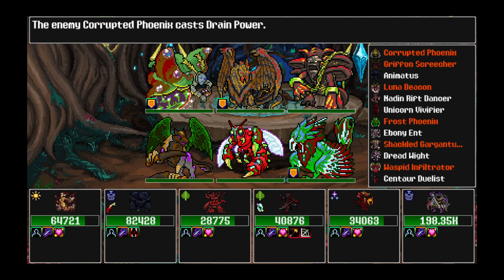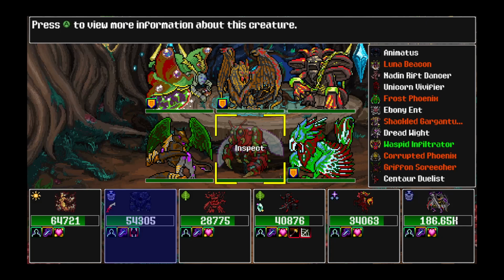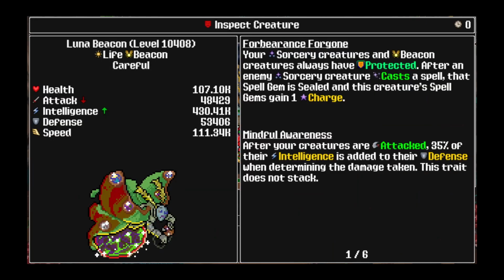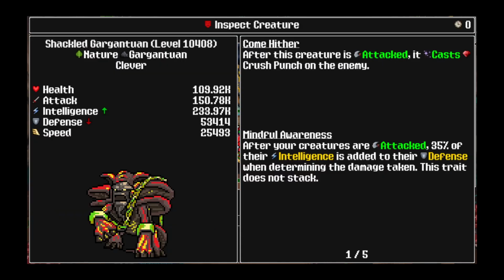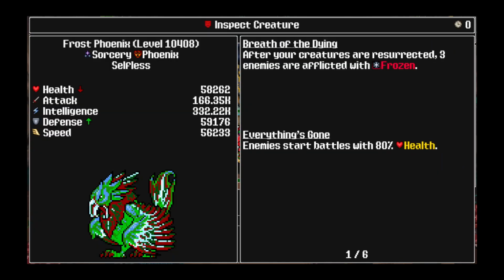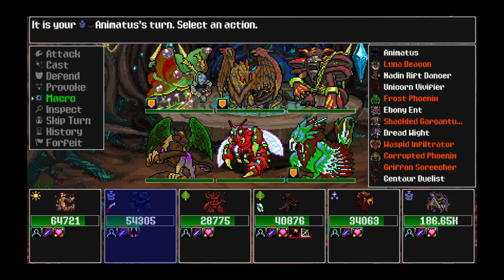But a few of our enemies are going before us. They didn't really do a lot to us. Alright. I'm just gonna take a look at the enemy traits. Enemies start battle with 80% health. I had a feeling that the...